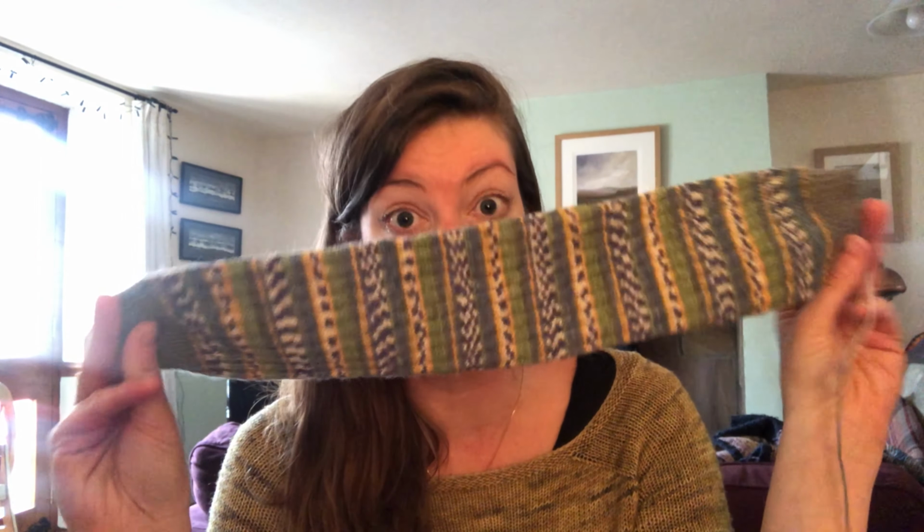It's been a very quiet knitting week this week. I have been busy doing all sorts of other things, it seems. The only knitting I've managed to get done this week is to put some toes and some cuffs into one of those sock tubes. And this is probably going to be for the